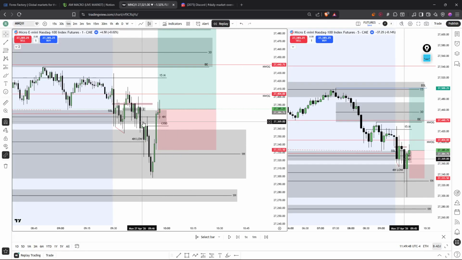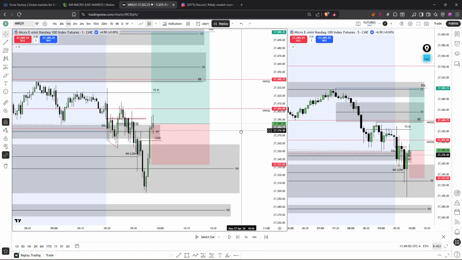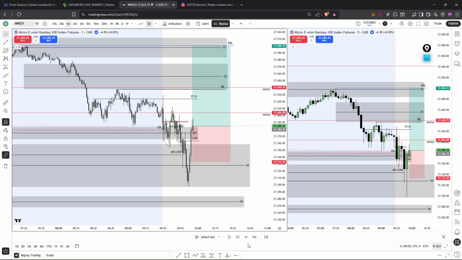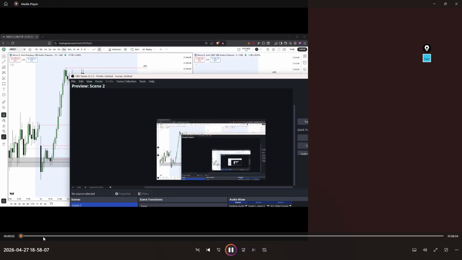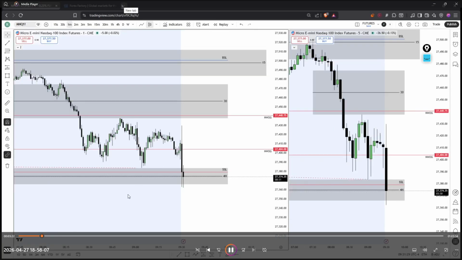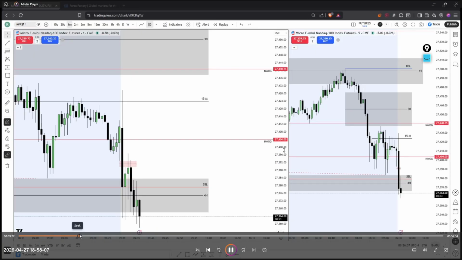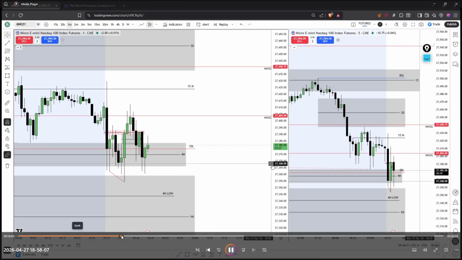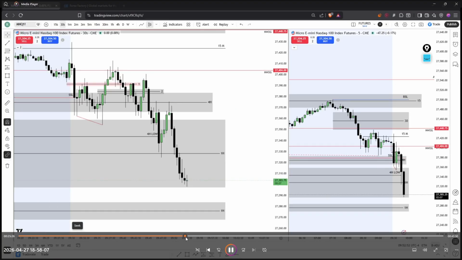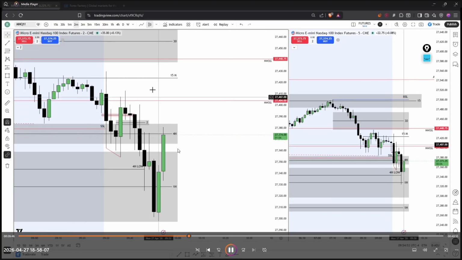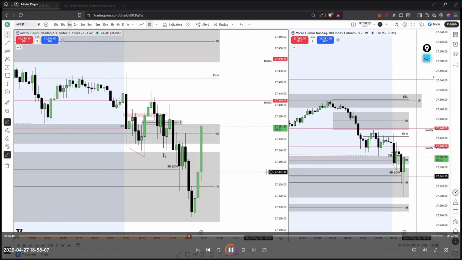We did also have an IFVG, and so I'll just show the session recording as well. If you see here, the market opened and we start dumping to the downside. Yes, as we can see, we start dumping to the downside, then we get a sharp move to the upside